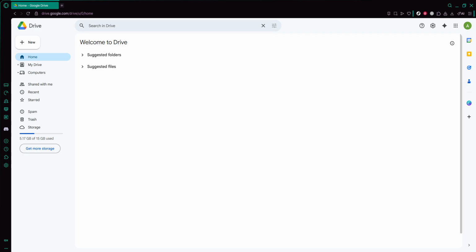You can do this by typing the Google Drive URL into the address bar or by clicking on it from your Google Apps menu if you're already signed into your Google account. Give it a moment to load, and you should see your usual Drive layout with folders, files, and possibly shared